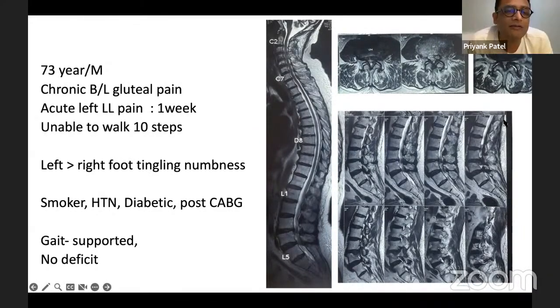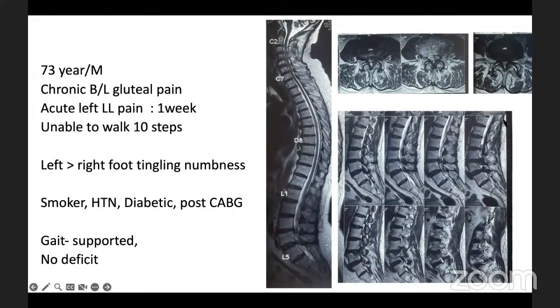No, so generally when there is a post void residue which is more than 300, that correlates positively with having a problem in the urodynamic study. So a quick screening for the bladder is the post void urine. If it is more than 300, and if the facilities are available, it is worth doing a urodynamic study, because that is a documentation of your bladder involvement. But if it is not available, a quick screening is this post void residue, and that's common for both male and female. Yeah, thank you, sir.